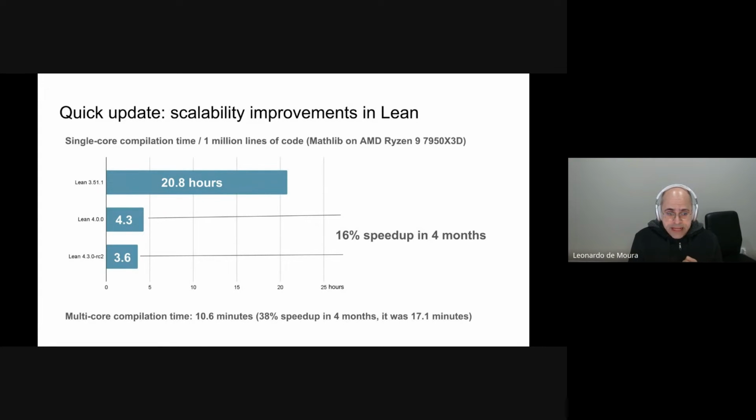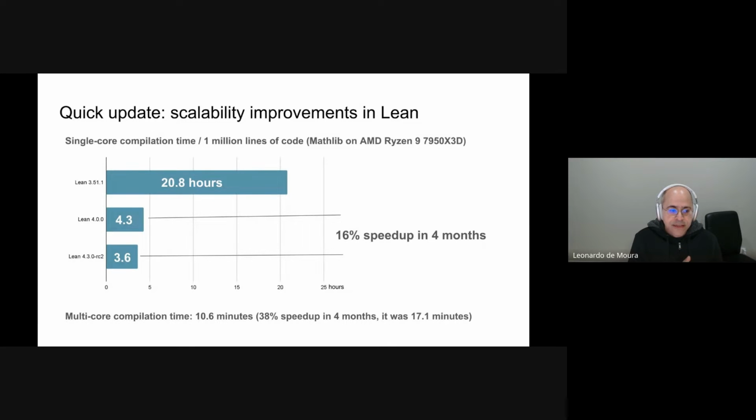And here's a quick update. Here we have single core compilation times per 1 million lines of Mathlib code. We measure using the same hardware, AMD Ryzen 9, using one core.